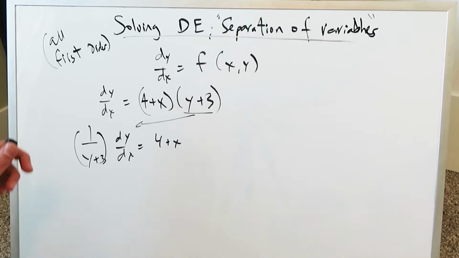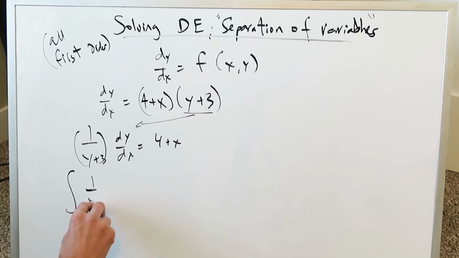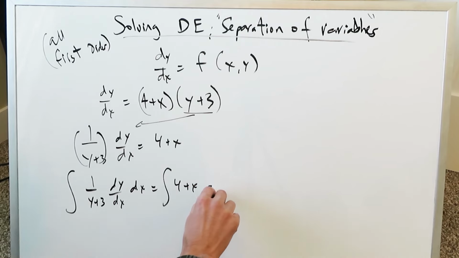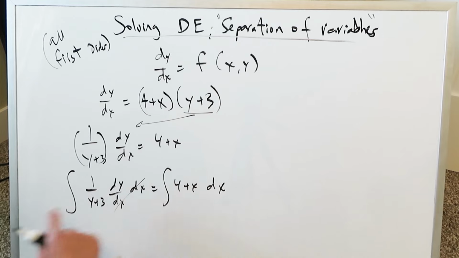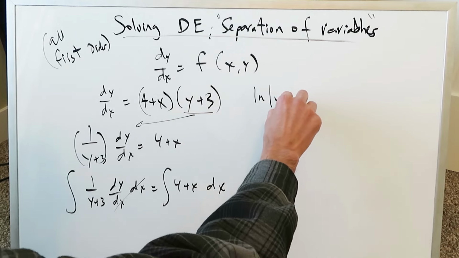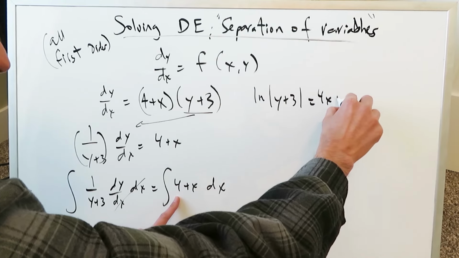Now how about you integrate all of this? Bring in the integral sign. You'll have the integral of 1 over y plus 3 dy over dx dx is equal to the integral of 4 plus x dx. These cancel out right here, and you're doing the integral of that and the integral of this. This will bring the natural log, but this right here is polynomial, it's not hard. You'll have here natural log of y plus 3 is equal to the antiderivative of this, 4x plus x squared